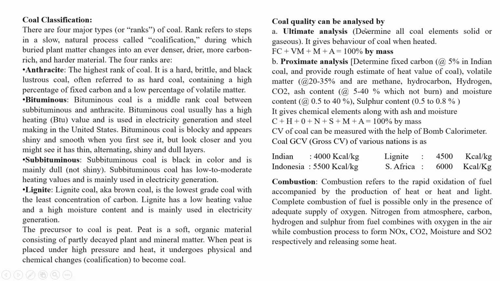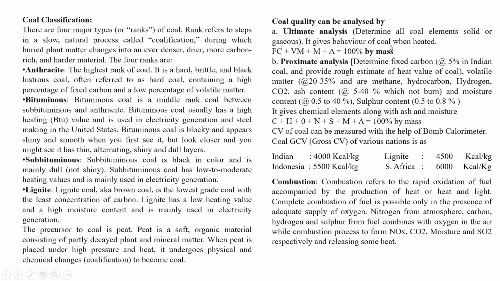Coal quality can be analyzed. Now, this is in brief about coal we have seen. Coal quality can be analyzed by two methods in the lab. One is ultimate analysis, another is proximate analysis. Ultimate analysis determines the coal element, solid or gaseous. It gives behavior of coal when heated. So the formula for this analysis: fixed carbon plus volatile matter plus moisture plus ash gives 100% by mass. So by this analysis, we can find out the value of fixed carbon, volatile matter, moisture percentage and ash percentage